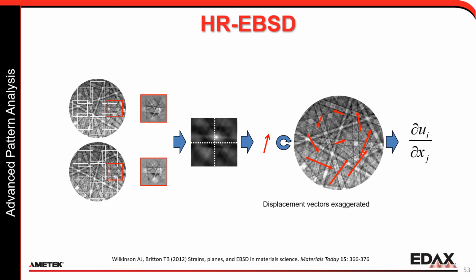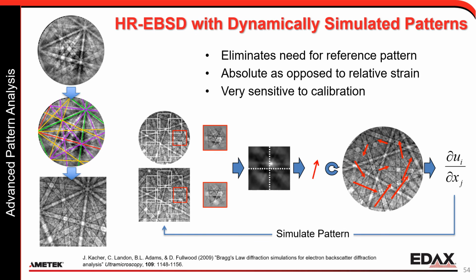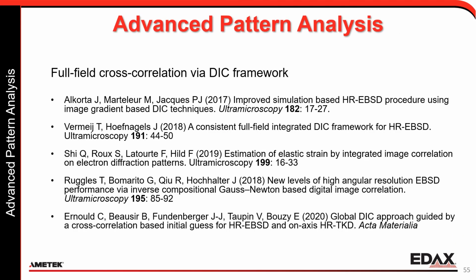with standard indexing. So with HREBSD, there have been ideas to use simulated patterns. The initial papers used kinematically simulated patterns, and that got us a certain step forward. But now with dynamic simulated patterns, the future looks much more promising to incorporate that in, which would give us more information about absolute strain and some other features that we can find in the patterns themselves. And as an advance on the cross-correlation work, some work has been done using full field cross-correlation using the DIC framework, using the ideas that are used for speckling, but just within the patterns themselves.